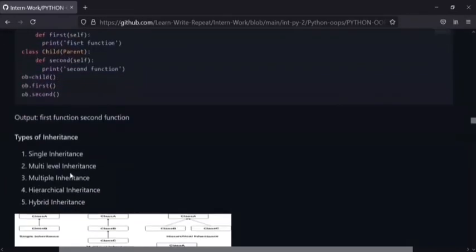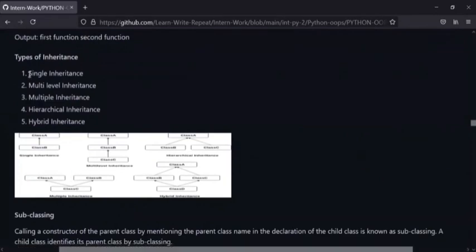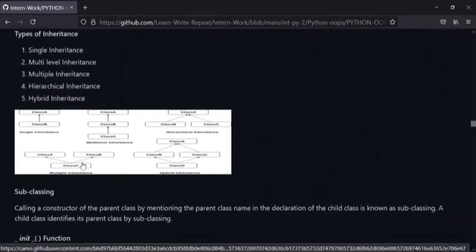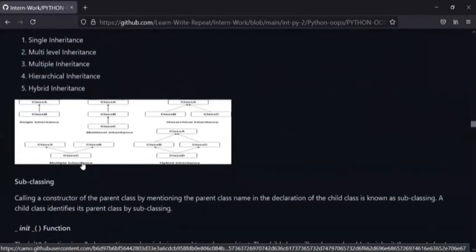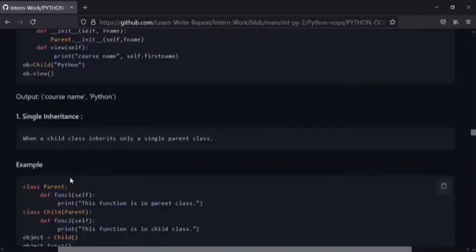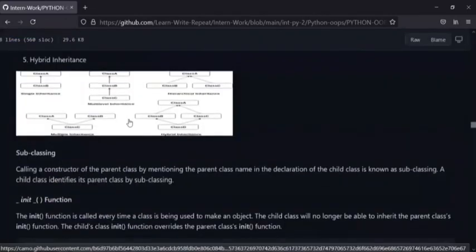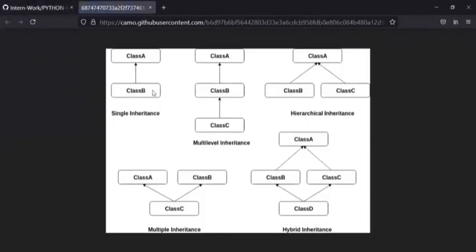There are many types of inheritance: single inheritance, multi-level inheritance, multiple inheritance, hierarchical inheritance, and hybrid inheritance. Single inheritance is when a child class inherits the properties of only a single parent class. Here, class B inherits the properties of only class A, which is the parent class. This is called single inheritance.